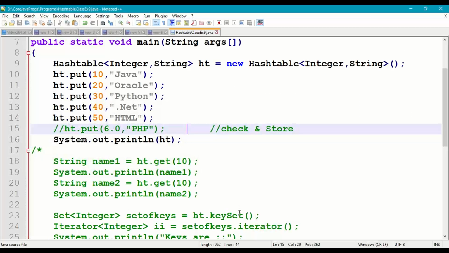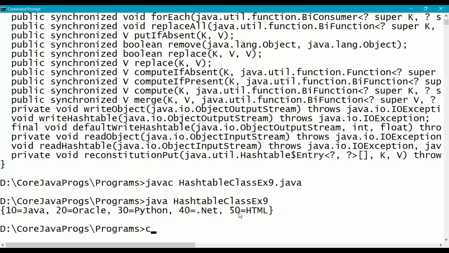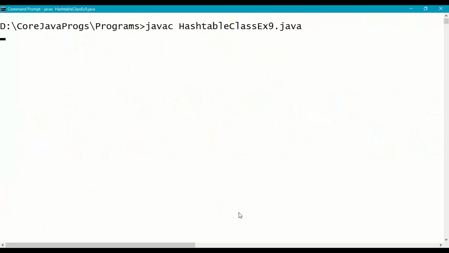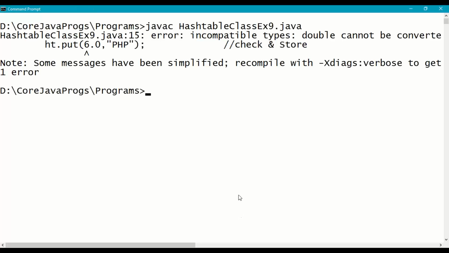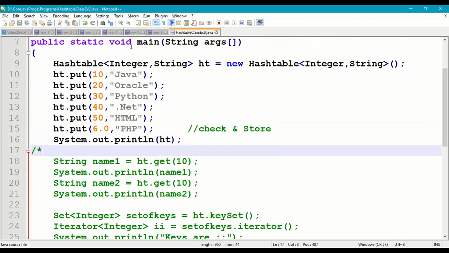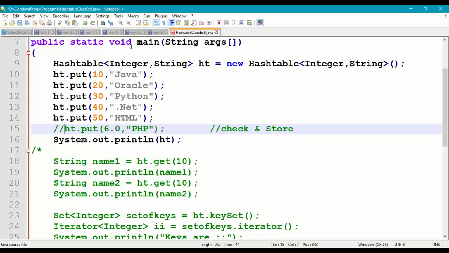So let us try to put float comma PHP. So we should get an error here. Right, so recompile. So double cannot be converted to Integer because it is Integer comma String. Right, so similarly put a comment for this, and next